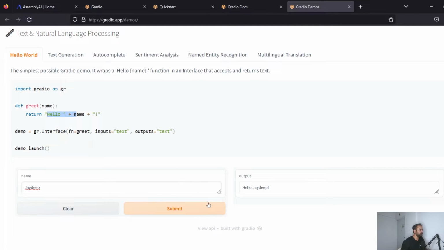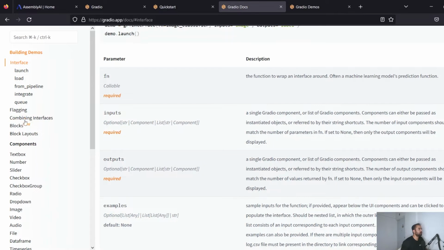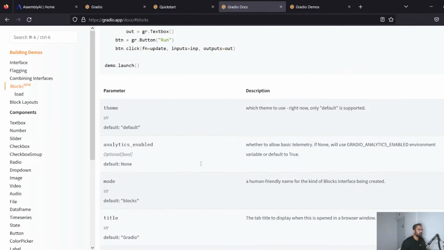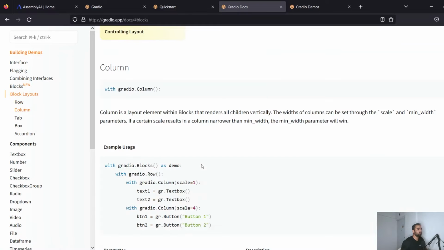This is an interface, but it's a little bit less flexible, and for our use case we need at least 3, I think 4 of these that we saw. We wanted to do live recording, we wanted to upload an audio file, we wanted to check the status and generate the subtitles as well. To do that, we have something called blocks. The blocks are a bit more flexible, and if we just scroll down somewhere here,